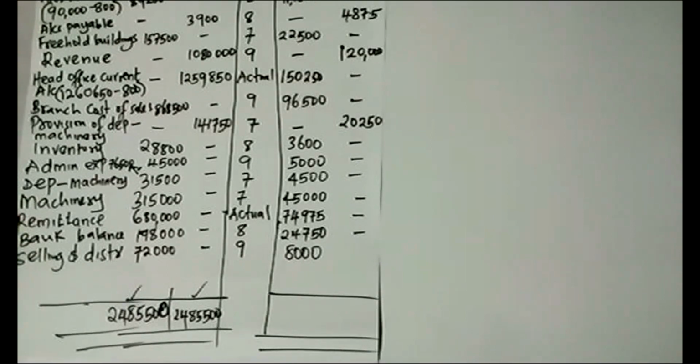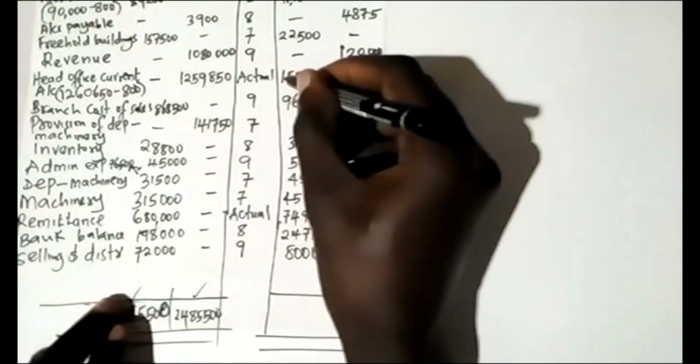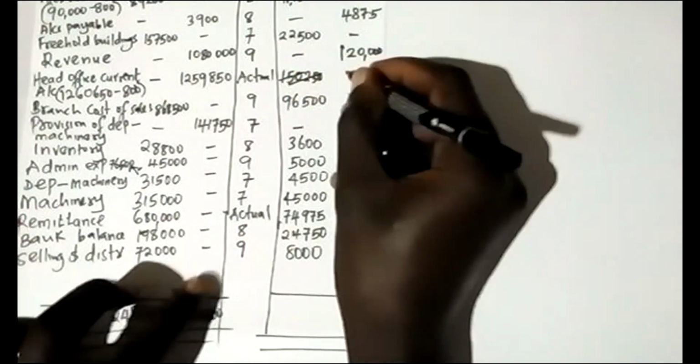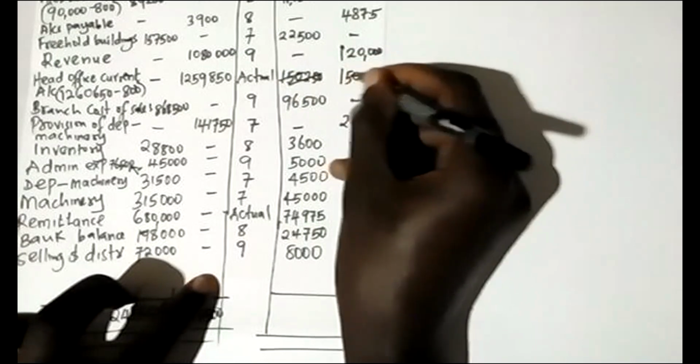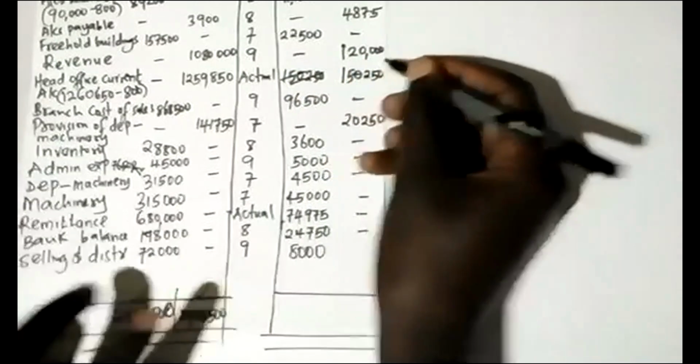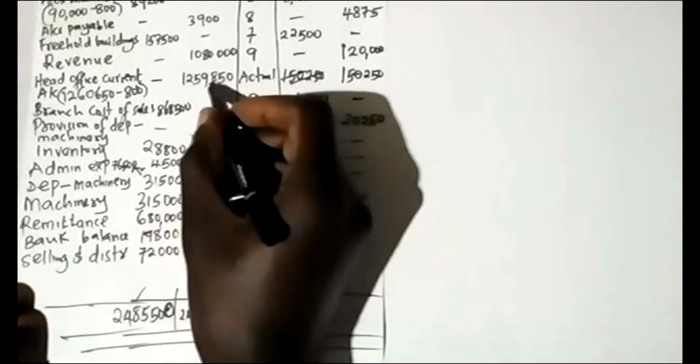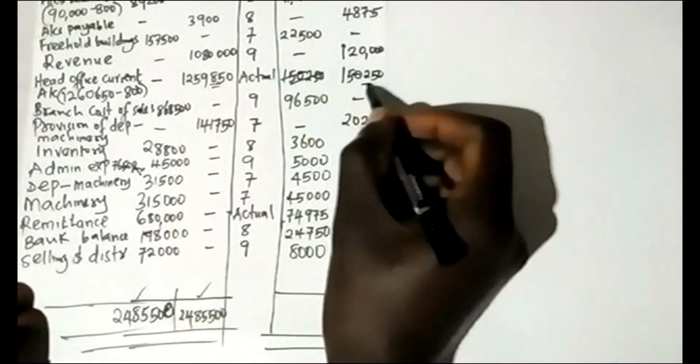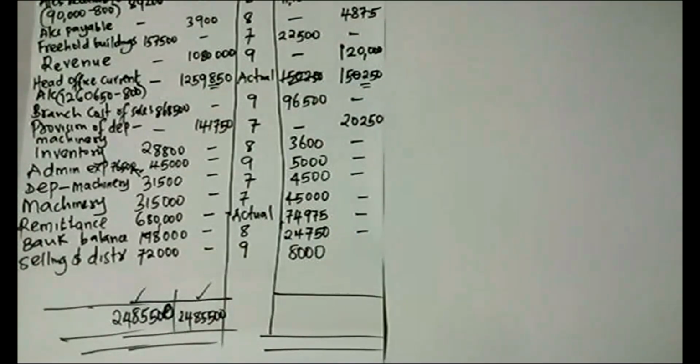So this one was supposed to be on credit because this one was on credit. So here we made a mistake. So this is 150,250. Because you can see this one was on credit, so this one is supposed to be on the credit side, which is fine. So I confirm again, 11,150,